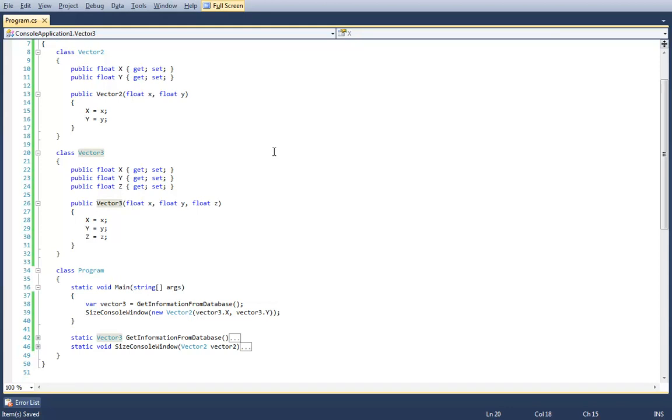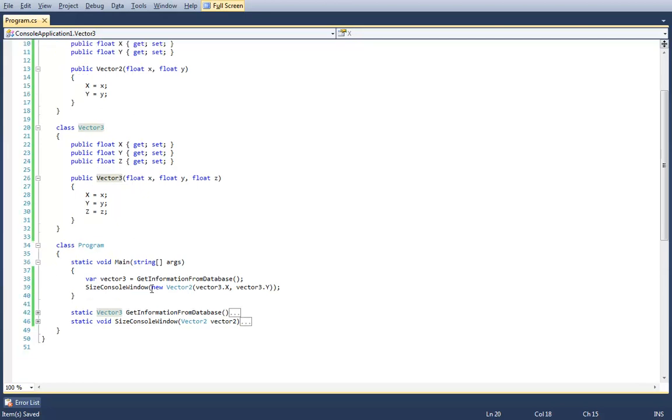The C# compiler simply sees two different types with two different sets of properties and two different constructors. So we have to do our conversions manually at every single individual call site of every method that we want to invoke with a particular conversion.